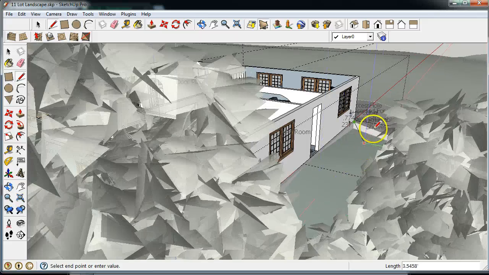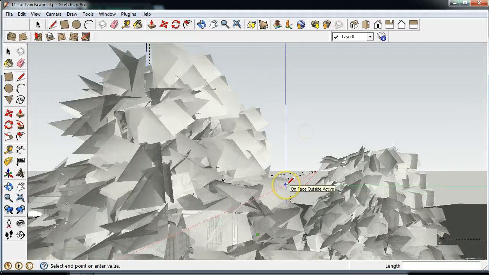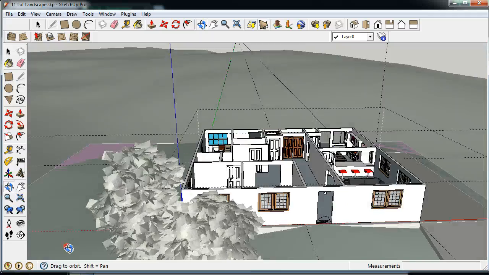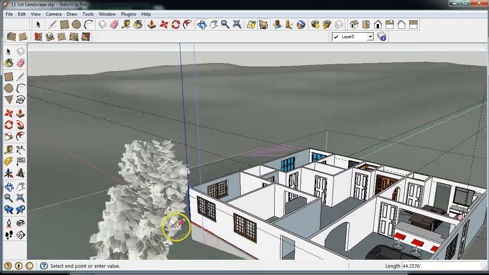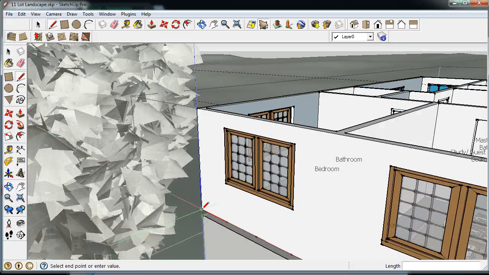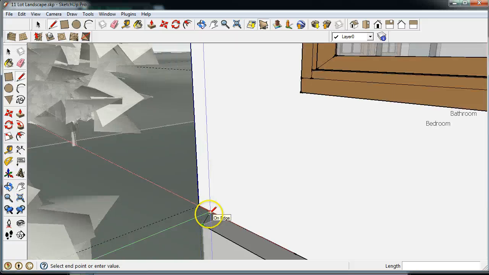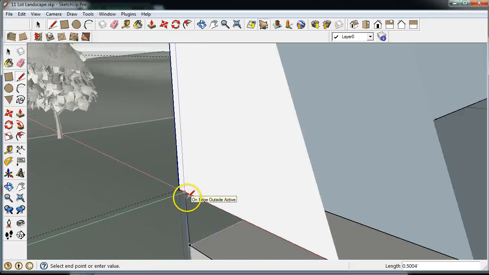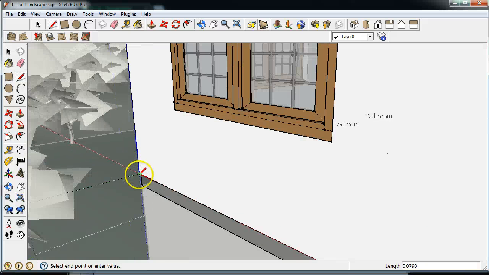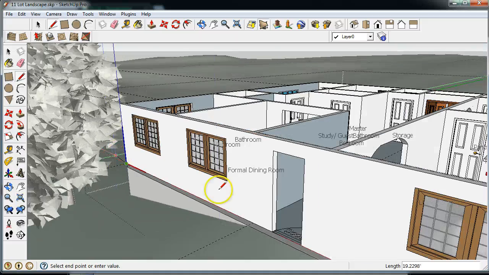Come all the way across. These trees are kind of in the way. Let's come over to this side. Go all the way across, draw a line to here, and go up. Just trace 0.5, or type 0.5, and then you're going to go from that endpoint all the way back,